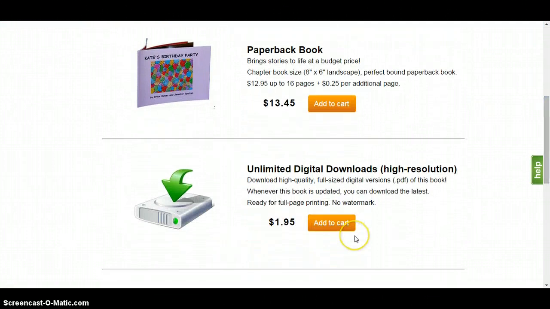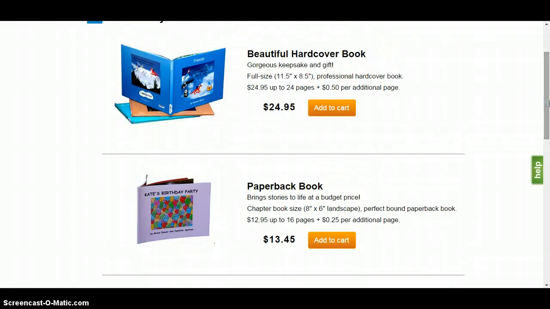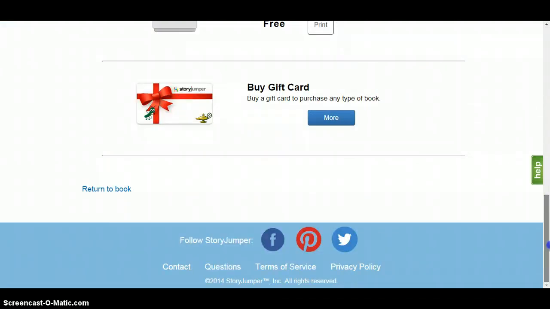For $1.95 you can have unlimited digital downloads, so that's nice if you want to have a copy for everyone in your class. Or if you want to just buy one book for the entire class, you can have a paperback book made for $13.45 or a hardcover book for $24.95. So there's some pretty reasonable options for